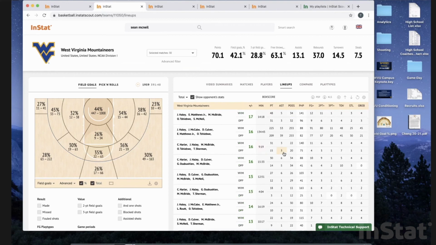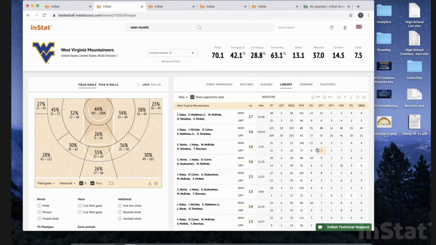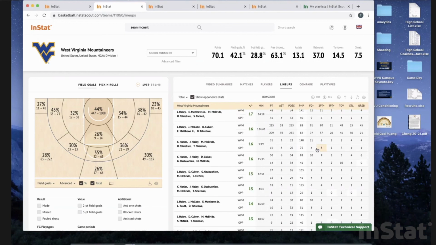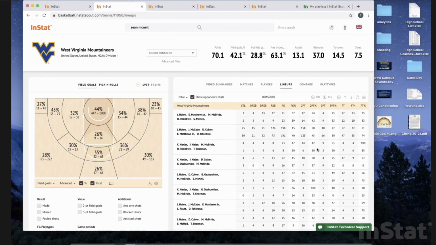Yeah, so there we go. So now you can look at, are we just outscoring the other team, or are they just struggling on offense? Those are two factors that obviously come into play when we're looking at our lineup data and how we're going to evaluate whether